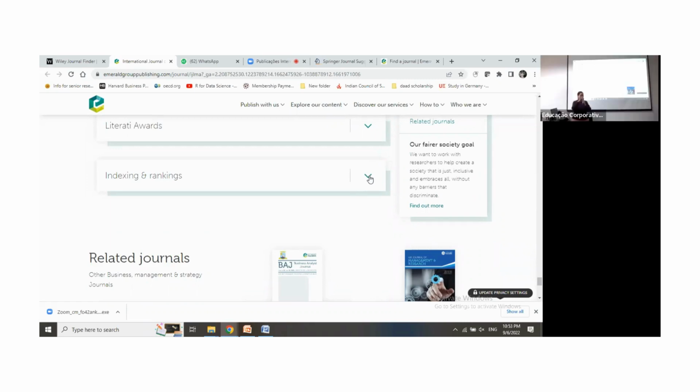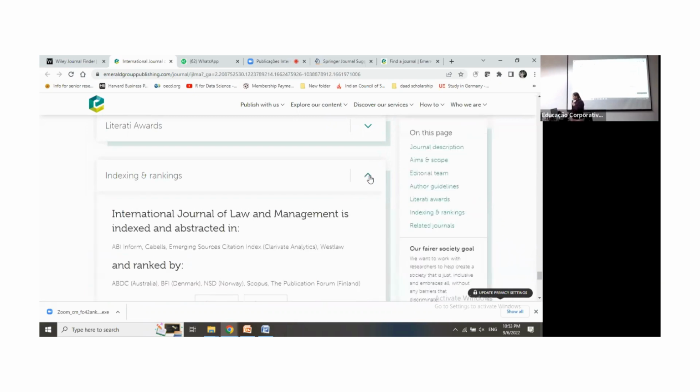So every journal web page, please understand, every journal web page talks about the indexing and ranking. So this is again an example of International Journal of Law and Management. So you can see here,